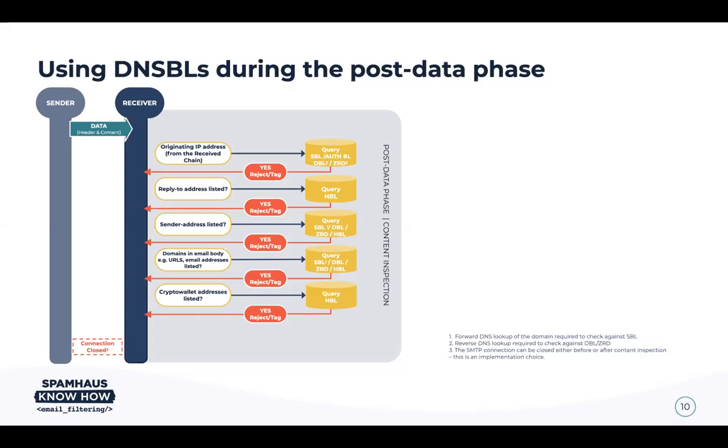So pay me money with this crypto wallet address. This is more often Bitcoin addresses, but we have seen other cryptocurrencies in use as well. If you can extract those, that is again something that you can hash and query and check against the HPL. The HPL has a component that is dedicated to this. And as a matter of fact, this is extremely effective because these emails are often, not always, but often